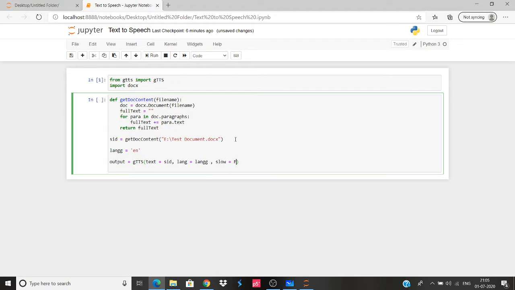So slow is basically, we'll say false, because slow is something which can cause a delay. So we are saying we do not need any delay out here. And then we'll go output.save. So we'll save our file, and we will name it test sample.mp3.